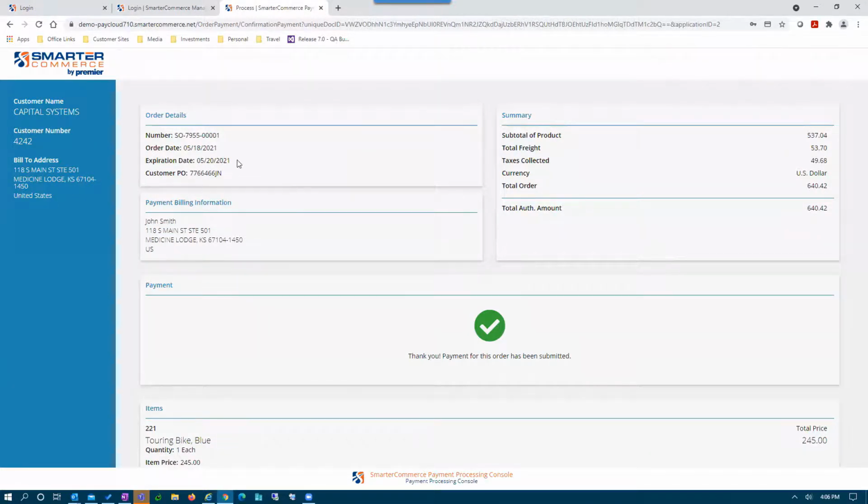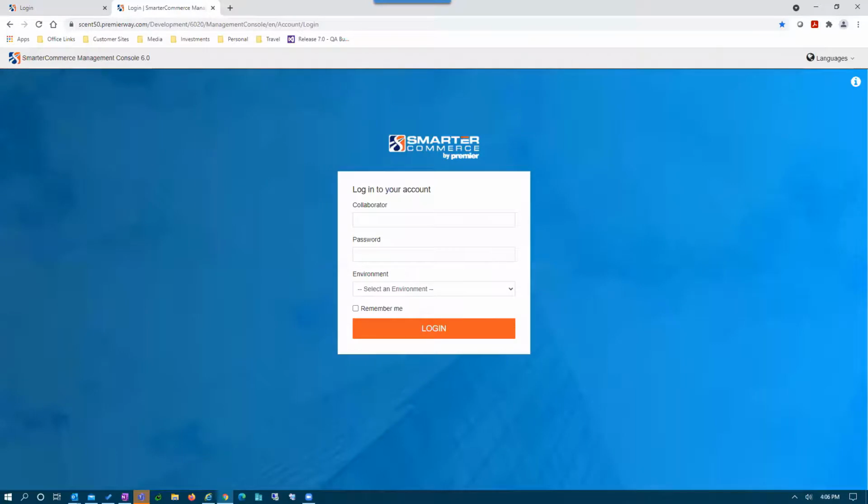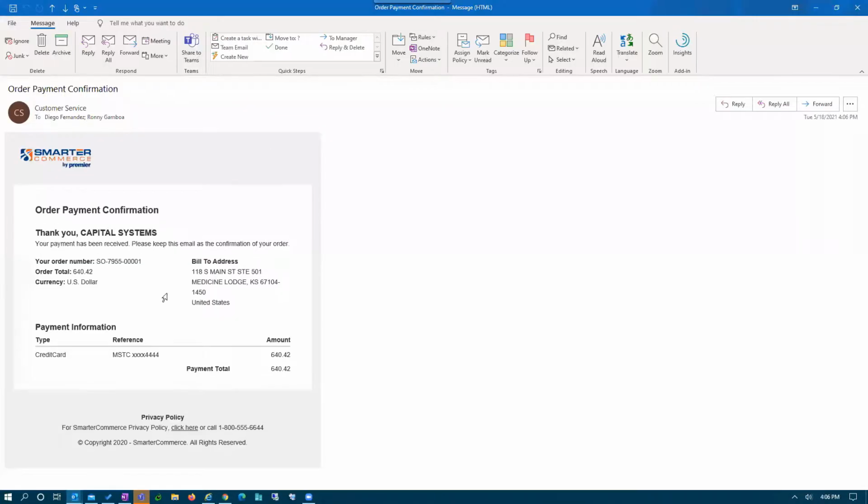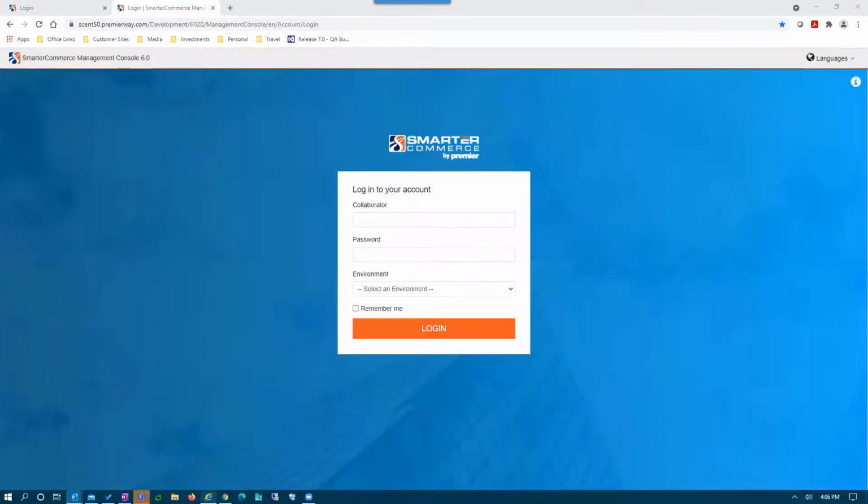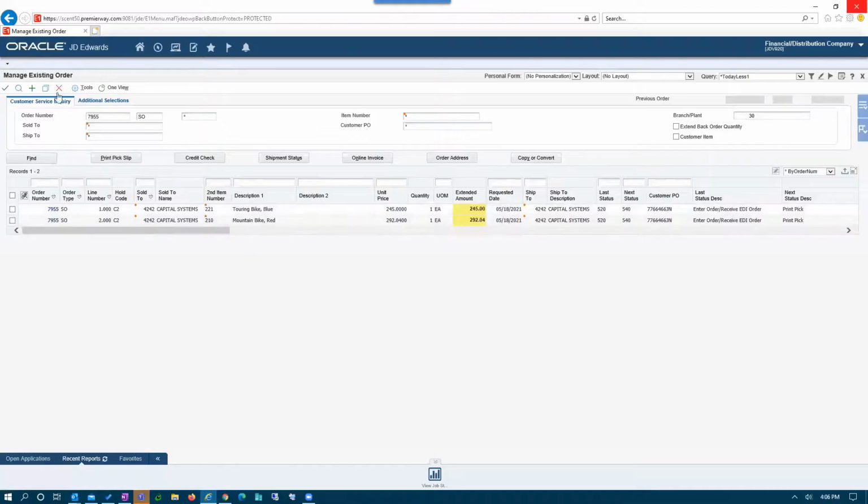You set the time limit for that order before it expires. So you can set via parameters how long the customer has to go in and authorize it before that order expires. In addition, the customer, once they process their payment and authorize it, will receive another email confirming that they've done a payment, with their order number, the amount, and the last 4 digits of the credit card and the amount authorized. At this point, if I return back to my JD Edwards environment, my order is still on hold